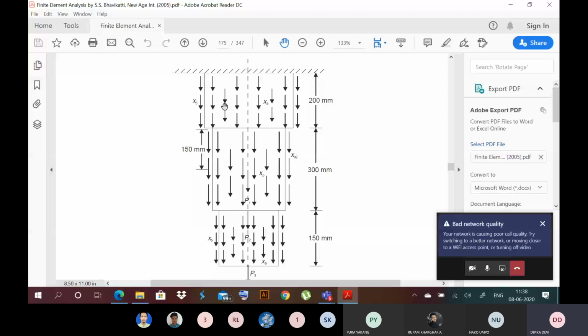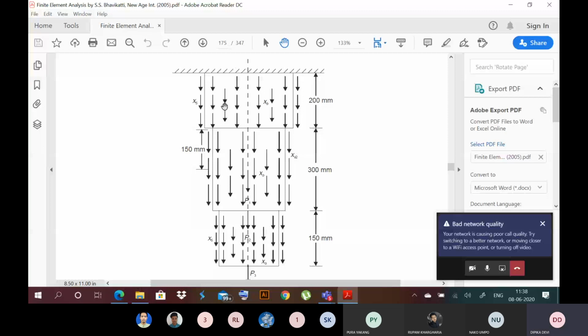Here, one arbitrary element is considered, connected to, let's say, node 1 and node 2. We have coordinate x1 and the coordinate of node 2 in the Cartesian, that is the global, coordinate system. In terms of a local coordinate system at the center, the x coordinate is xc, where y is equal to 0, at node 1 y is equal to -1, and at node 2 y is equal to +1. So this is the arbitrary element. The displacement at node 1 is u1, and at node 2 it is u2.